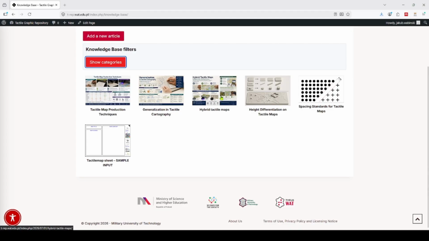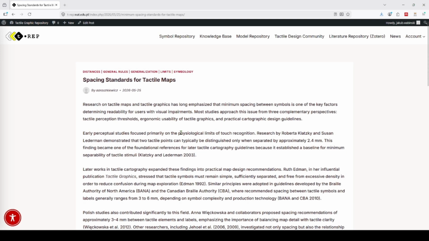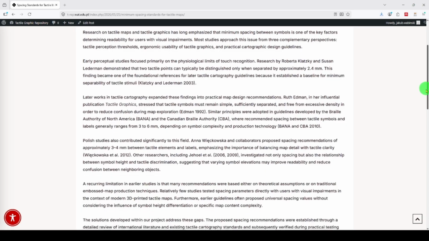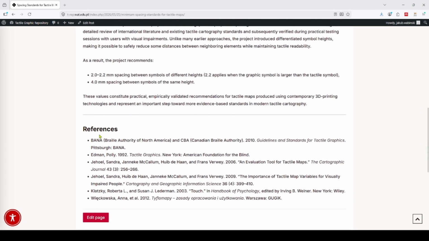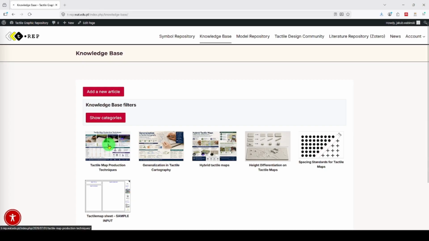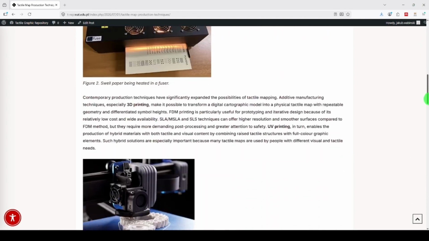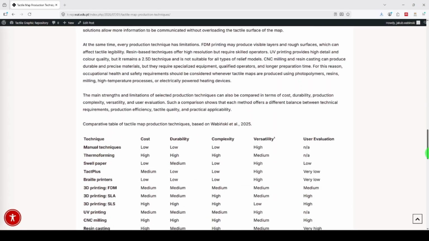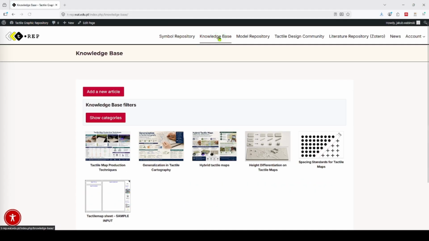Please bear in mind that even skilled cartographers might struggle to design legible tactile maps, as they often require completely different approaches. The content of entries in the knowledge base should be treated as recommendations and best practices rather than strict guidelines. At the end of the day, it's the context of the tactile material being created that will determine specific design approaches. Nevertheless, the knowledge base includes verified information that forms a starting point for those who would like to begin creating their own legible, tactile graphics.